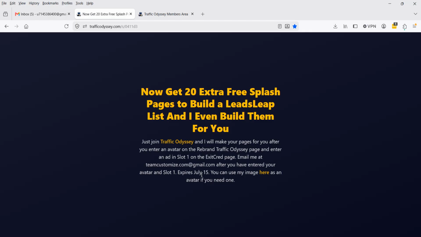So if you don't know HTML or anything, don't worry, I can do it. I can create pages to help you build a list. Now this is a simple one without building a list, but I have HTML for you to build a list. And I can create 20 of these pages for you. But you must go to the rebrand Traffic Odyssey page